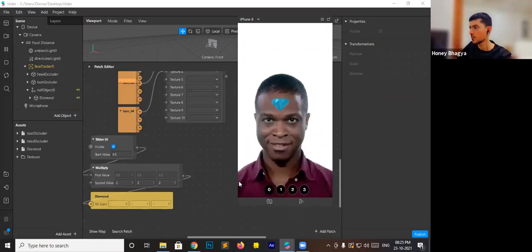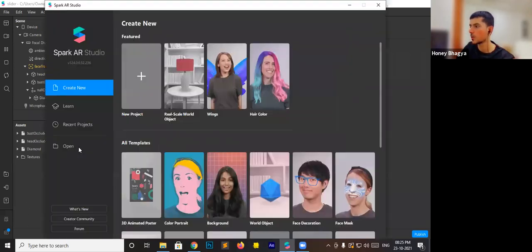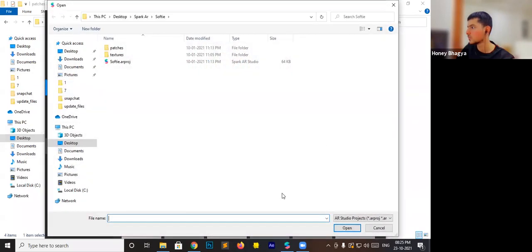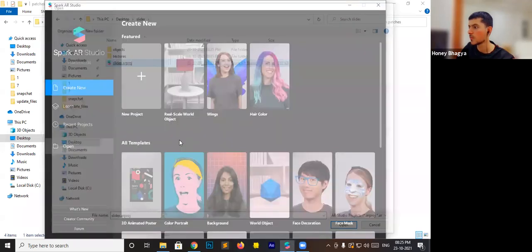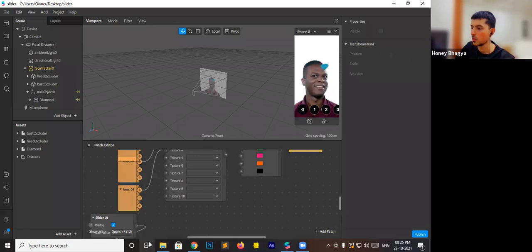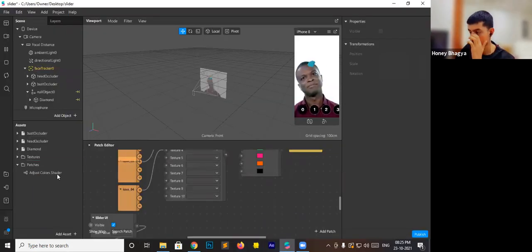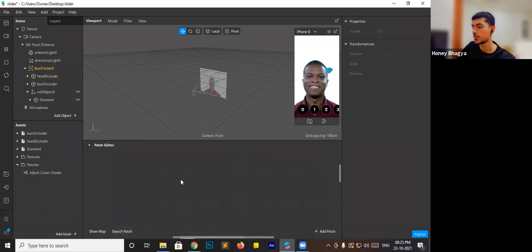Let me restart Spark here. So as you can see, it's here now. Spark is a little bit glitchy. Sometimes you have to restart your project to get the patch.